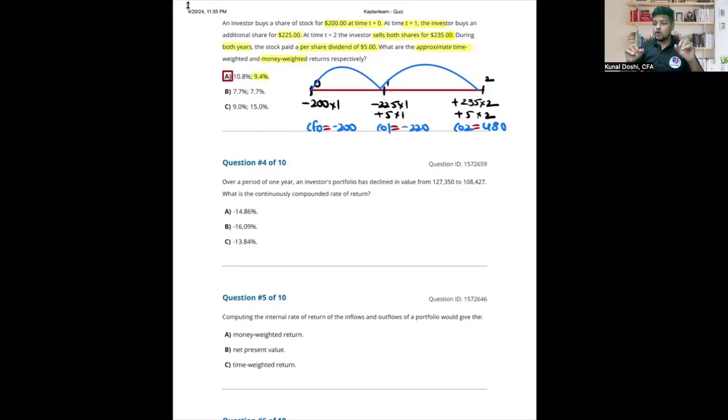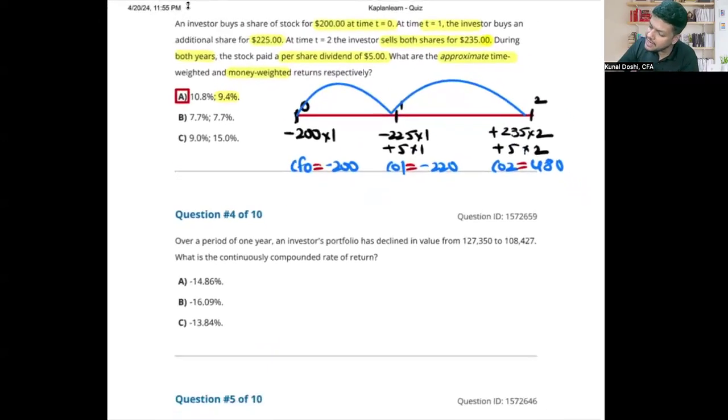So two things you should do. You should ignore the cash flow concept when you're doing time weighted rate of return. You should focus on the holding period return, and you should ignore how many shares you have. Now think of the holding period return. What is our holding period return formula? Ending plus income divided by beginning. Only focus on between 0 and 1. What is going to be your holding period return?